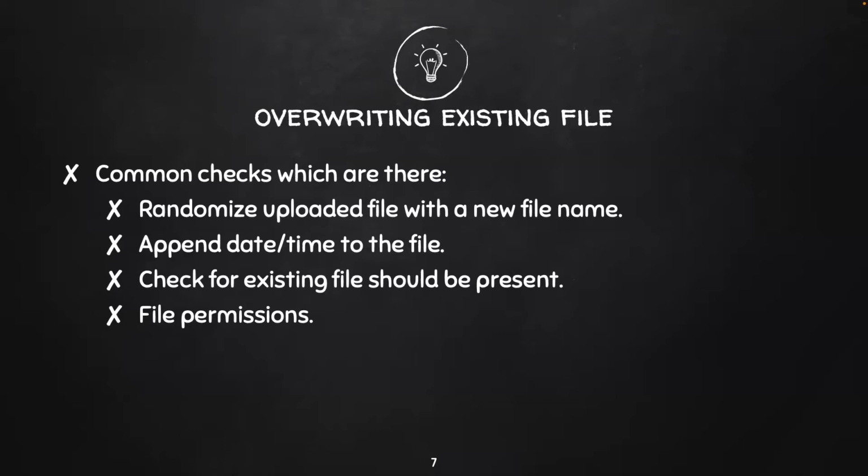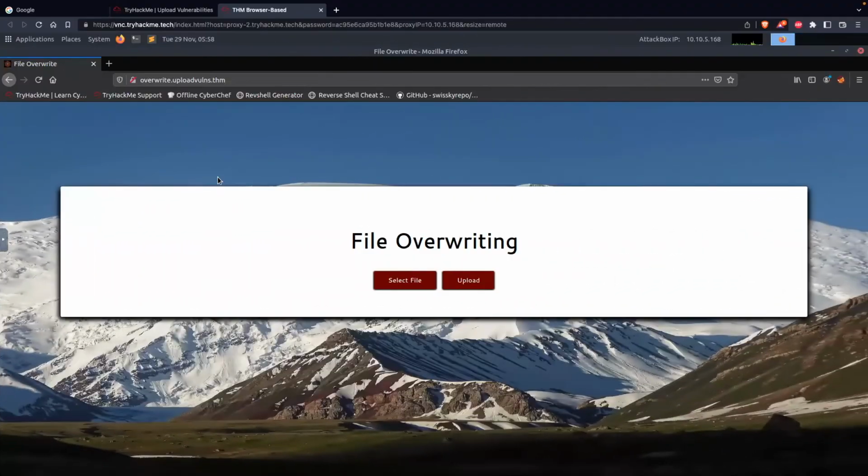Okay, so let's see how, if these checks are not present, we can easily overwrite an existing file to upload our new image file on top of that. Okay, so let's start. We have this particular website, and we'll try to upload a file and overwrite an existing file. We are seeing a background image here. Let's try to open this background image,